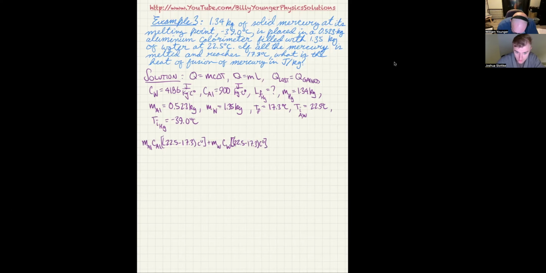All right, so we got the water changing state, and that's really all that has to happen on this side. The other side, however, we have to have the mercury brought down from negative 39 degrees Celsius up to, and that might have been something I needed, the specific heat of mercury. Yeah, I didn't look that up, but I will get it. It's not a big deal. So now I have to take the mass of the mercury times the specific heat of the mercury. And this time I've got to bring it from negative 39 up to